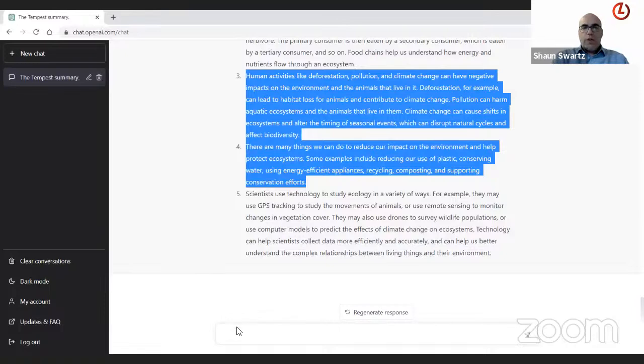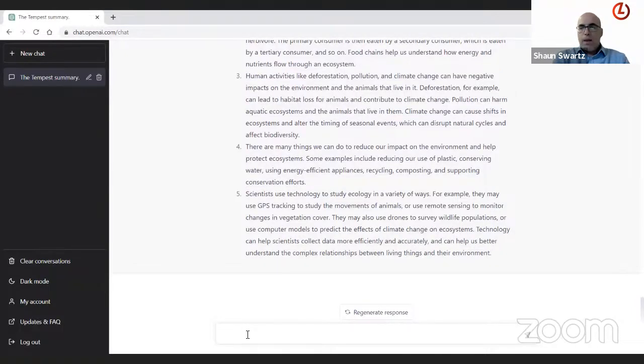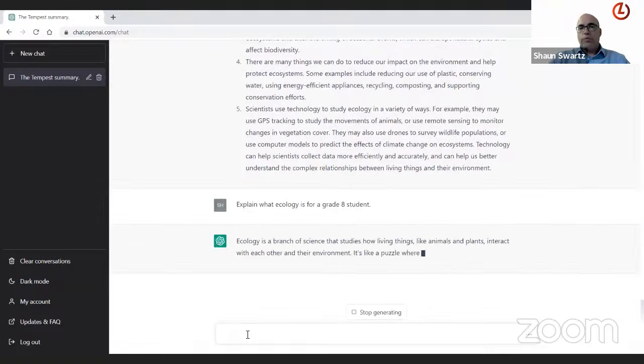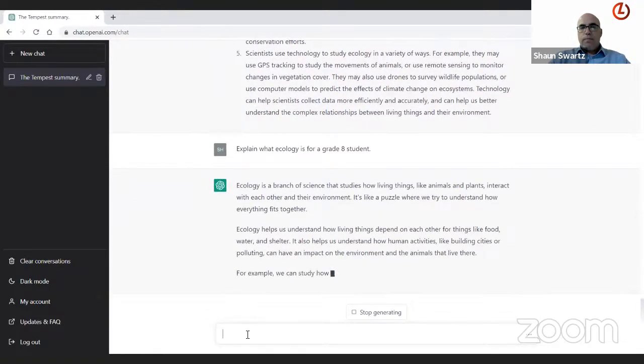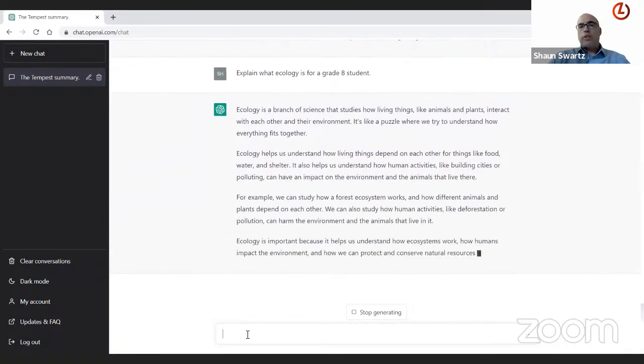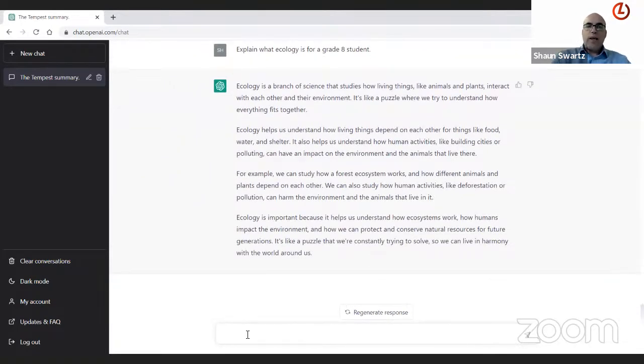So, for example, if I had to ask it to explain what ecology is for a grade 8 student, that's a really simple question. Now, if we wanted to adapt the question slightly to show you the different ways of interacting with ChatGPT, you could say, pretend you are an expert scientist.